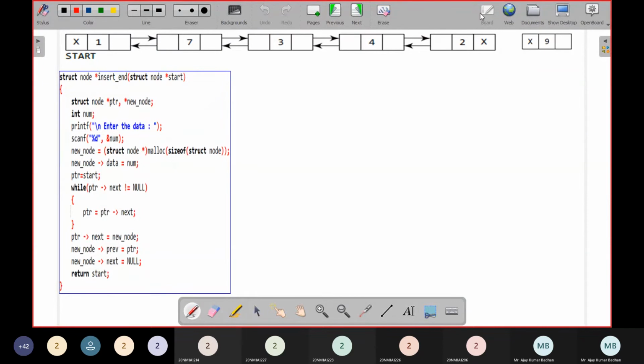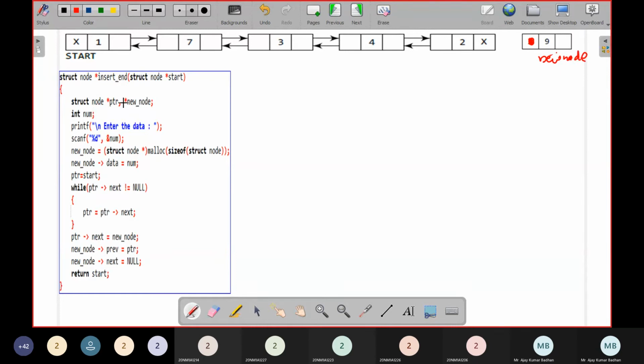You can see here, this is the list I'm having, and this is a new node I'm having here. Okay, this doesn't exist in this list. So I'm having this particular node. So this is a new node. Initially, this one you can remove. So this is the new node what we have here. And this is the one which I want to insert in the last. That's why I have placed it here.